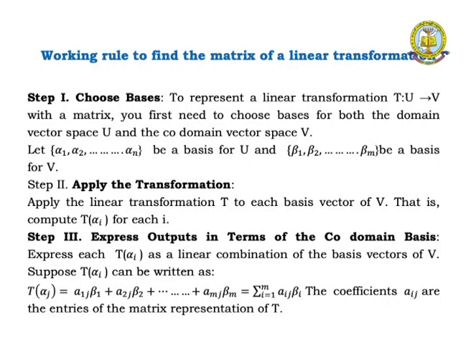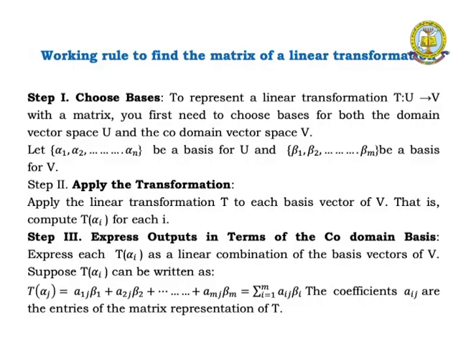So, first step 1, choose basis. That means to represent a linear transformation T from U to V with a matrix, first choose a basis for both the domain and codomain. That means let alpha 1, alpha 2, etc., alpha n be a basis for U, and beta 1, beta 2, etc., beta m be a basis for V, and then apply the linear transformation and write that vector as a linear combination. Express each vector T of alpha I as a linear combination of the basis